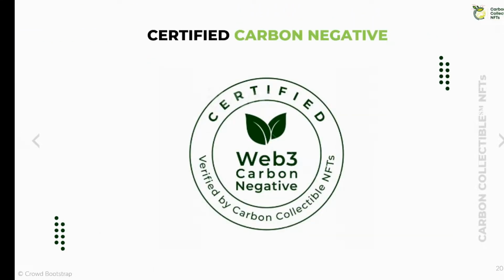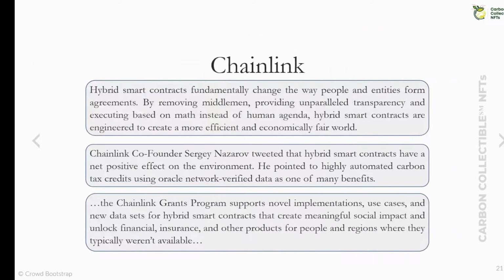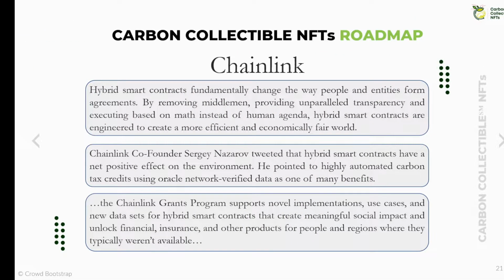This actually shows the seal that we will provide to organizations who want to use our carbon offsets to offset their organizational footprint. And organizations like Chainlink will eventually get involved. Today, we get all of our data from one third-party oracle. There's other organizations like NASA and others who generate similar data.